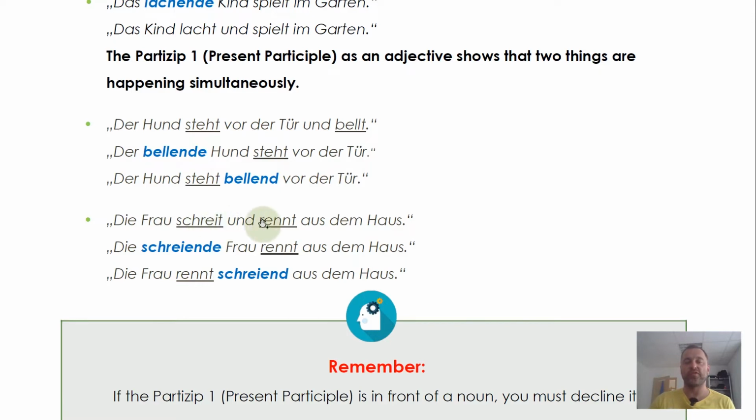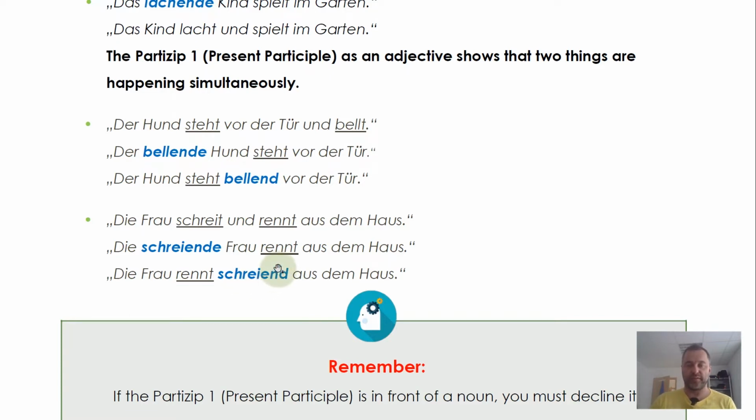So the woman screams and runs out of the house. We can also say, die schreiende Frau rennt aus dem Haus. So the screaming woman runs out of the house. Or die Frau rennt schreiend aus dem Haus. The woman runs screaming out of the house. All of this works, this in front of the noun, so with adjective declension, and this without the noun, so